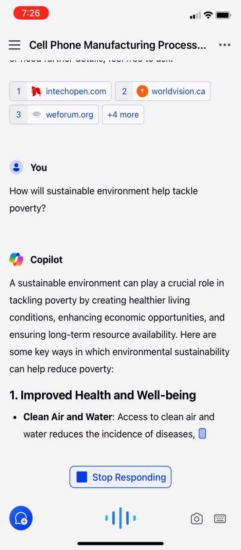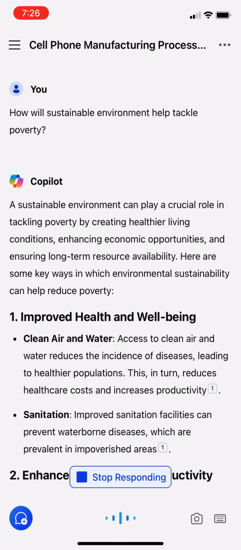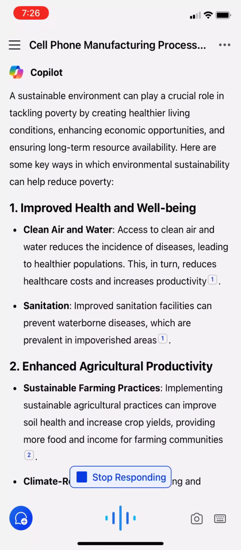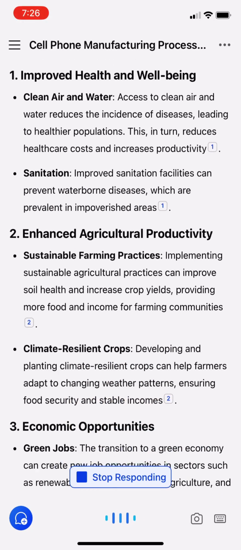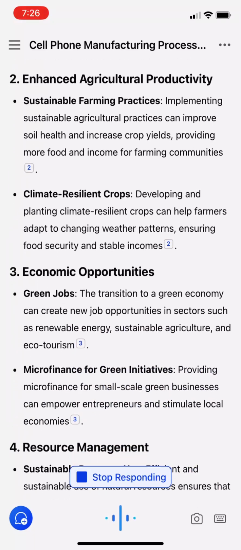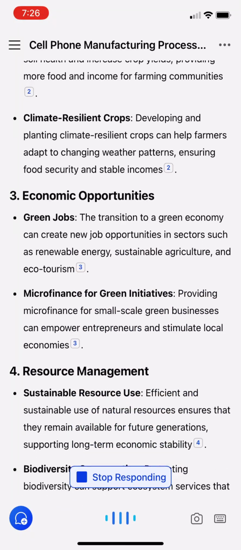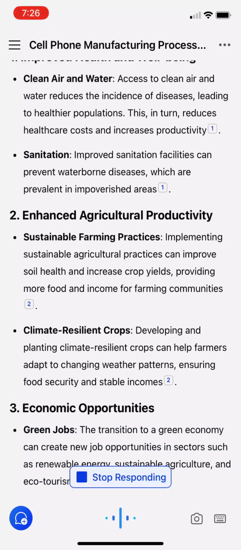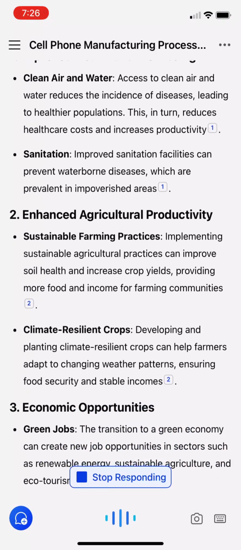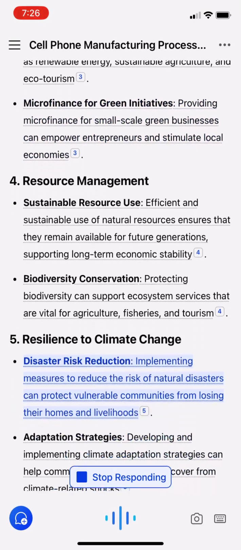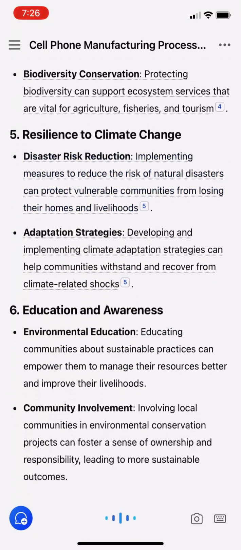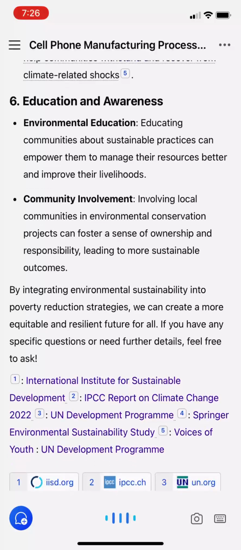A sustainable environment can play a crucial role in tackling poverty by creating healthier living conditions, enhancing economic opportunities, and ensuring long-term resource availability. Here are some key ways in which environmental sustainability can help reduce poverty. 1. Improved health and well-being. Clean air and water. Access to clean air and water reduces the incidence of diseases, leading to healthier populations. This, in turn,